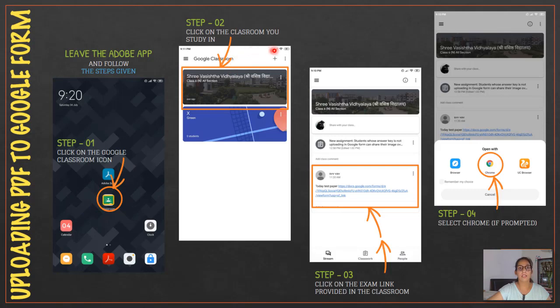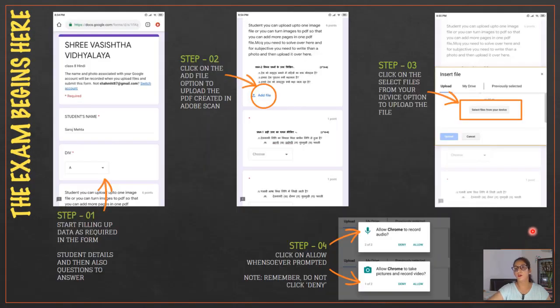Then click on the classroom you study in. Click on the exam link provided in the classroom. Then select Chrome if prompted. When you click on the link given in the classroom, a Google form will appear on the browser. Then start filling in the data as required in the form.